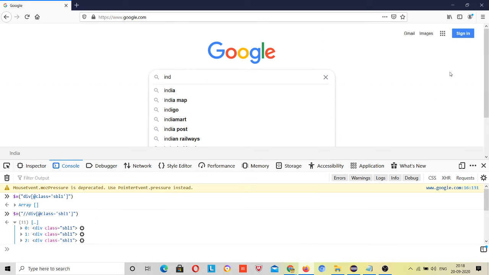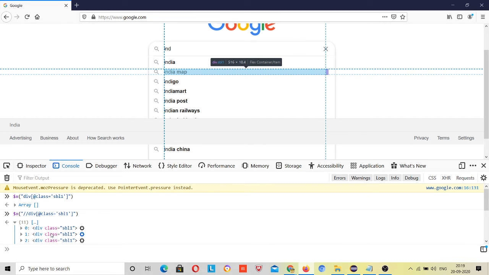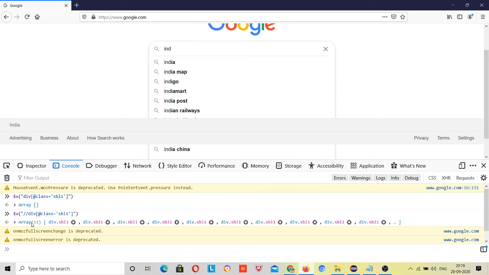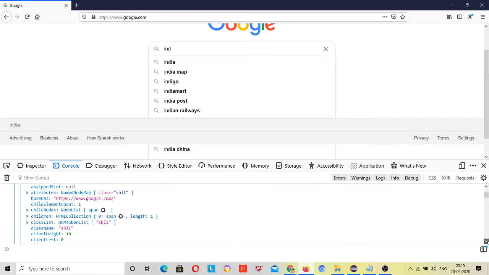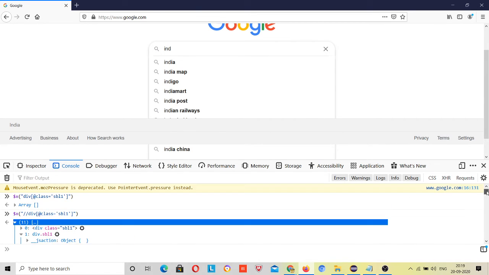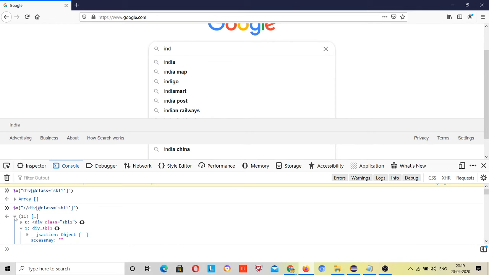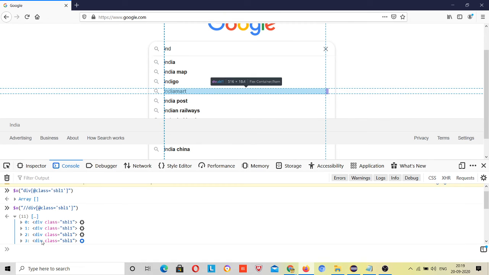Now if I want to click on this India Mart, we should know which index it is present at. So collapse it and see. India Mart is present at the fourth value, which is the third index.